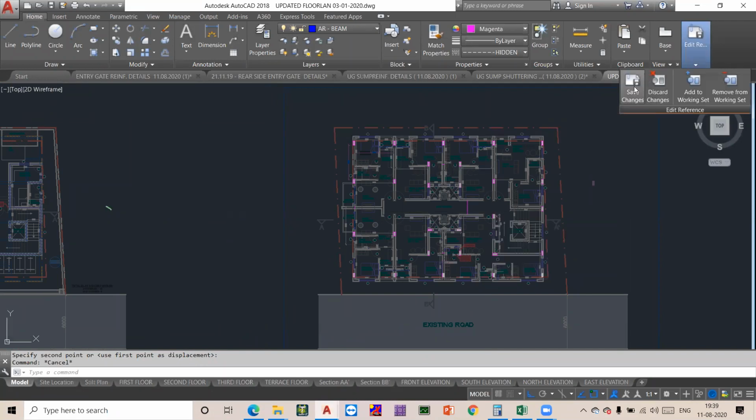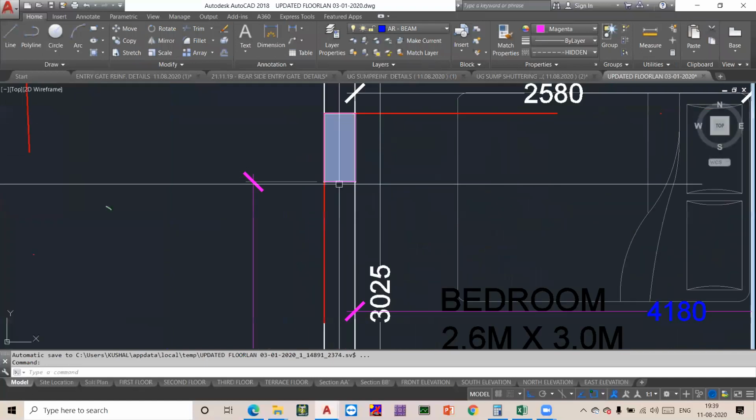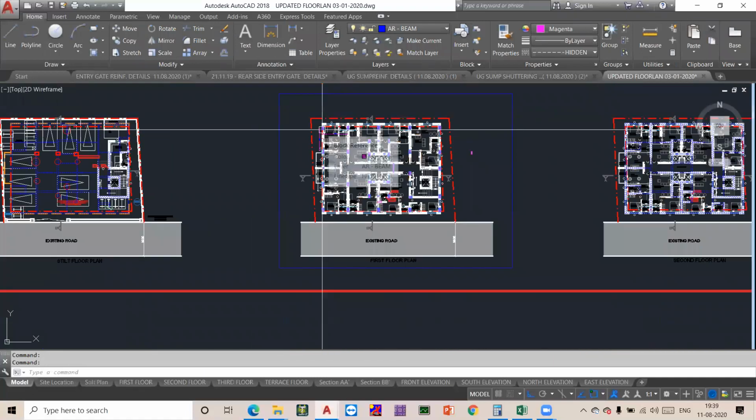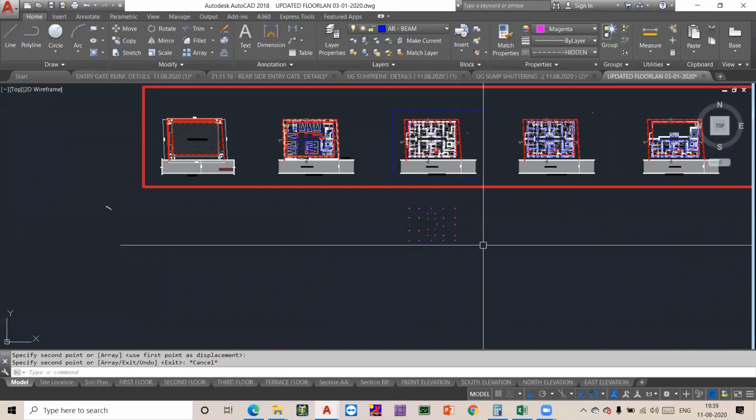I am closing this block. This is what you call a block. So far you have edited inside the block called structural columns, and in order to come out of this block, I will click save changes, which saves the reference edit working set changes. The positioning of the columns is done.